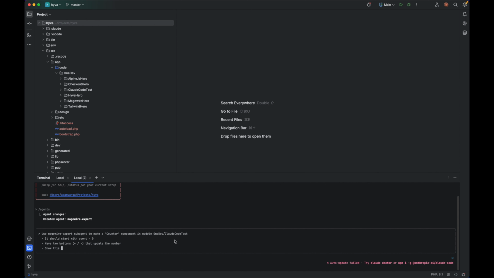Show this, and make this on one custom page slash Magewire counter, slash Magewire counter. Provide custom root page for this following Magento 2 best practices,